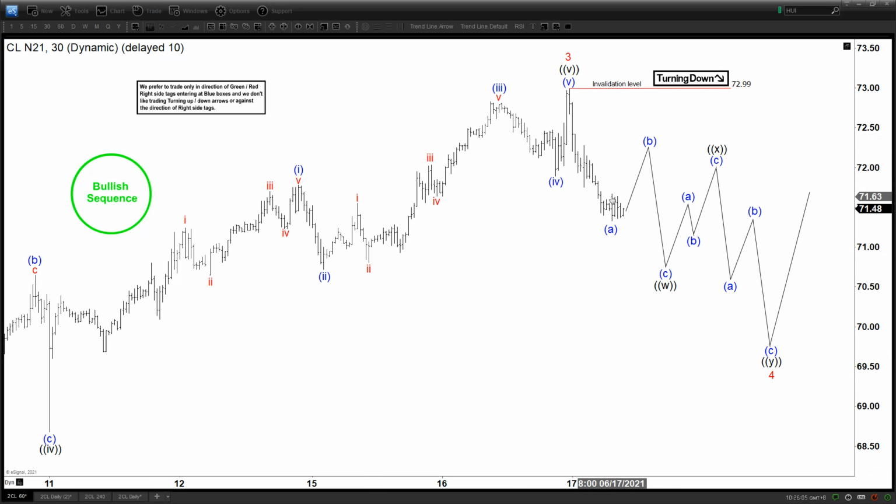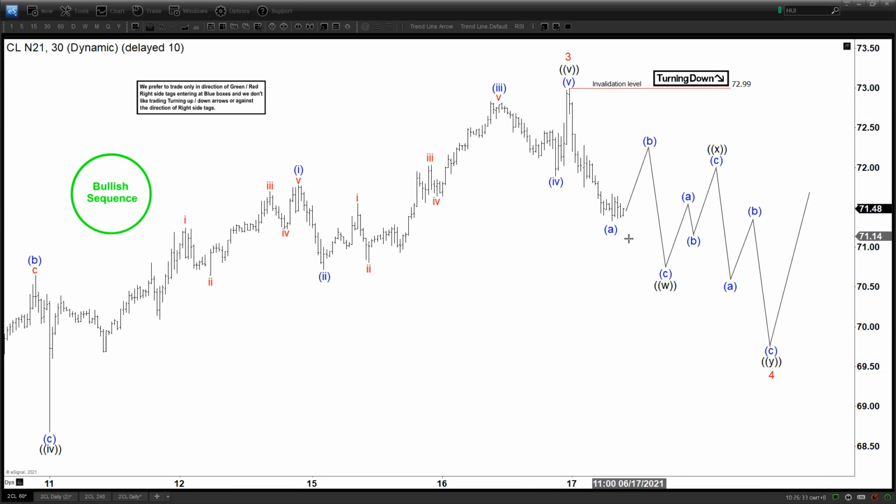Today we're going to be looking at the chart of oil. This is the front end contract right here. We can see we ended with 3 in oil. It's been rallying quite strongly in the past few days, few weeks. And we are calling this peak here at $73 as wave 3, and now doing a pullback within the wave